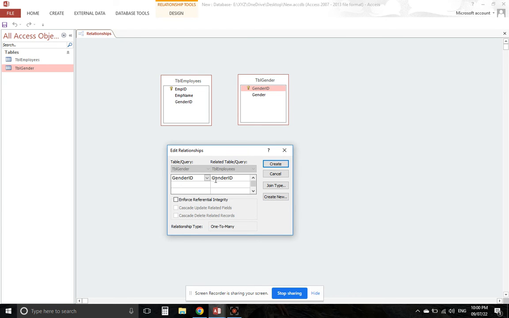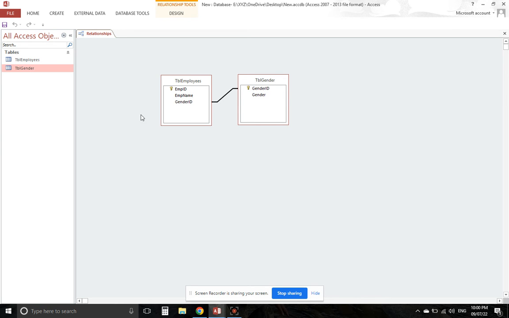This window shows that gender ID in TBL gender is equal to gender ID in TBL employees. We just press the create button to create the link between these two tables, and here the link line will be added now. Press the save button,